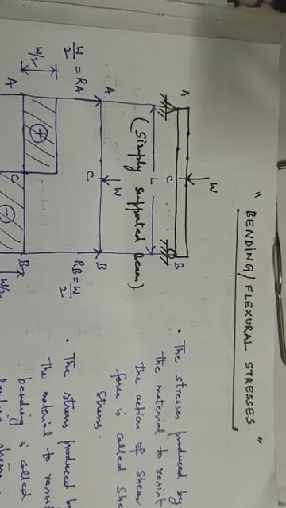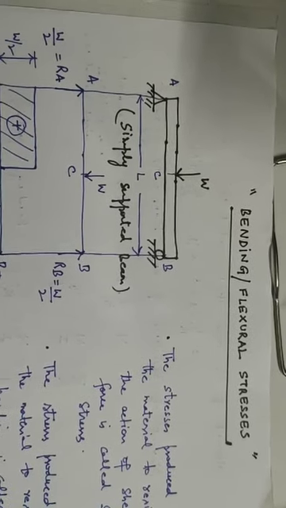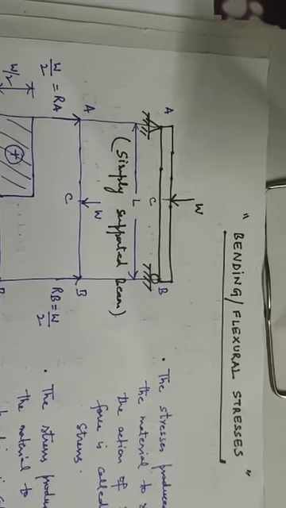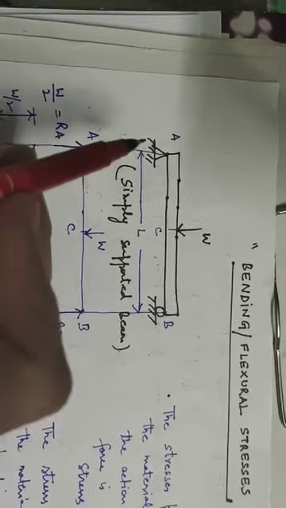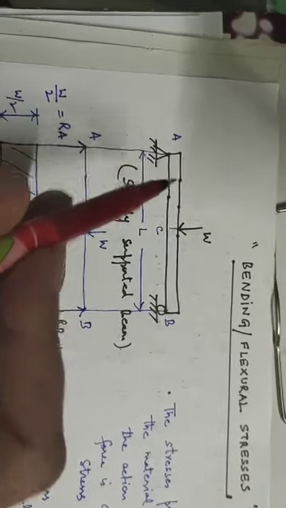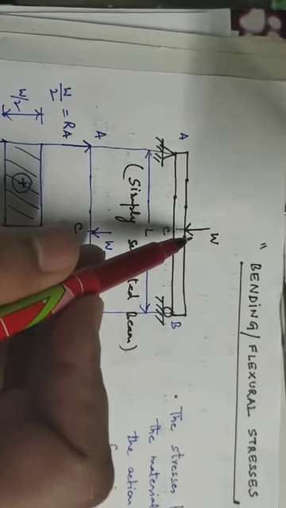So today we will study the concept of bending or flexural stresses in the beam. Now consider a beam AB. This is a simply supported beam. A पे आपकी hinge support है, B पे आपकी roller support है, and at point C there is a point